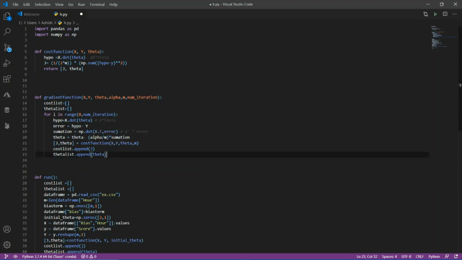So in each iteration, it will call a cost function. For each iteration, first it will find the theta by using the gradient descent algorithm, and then it will find the cost for that theta, and it will return the cost and the theta, and I will append that cost and the theta into a cost list for each iteration.